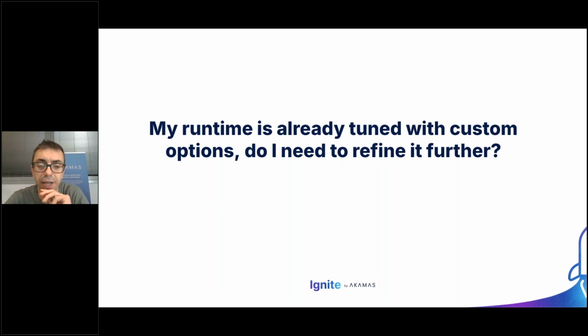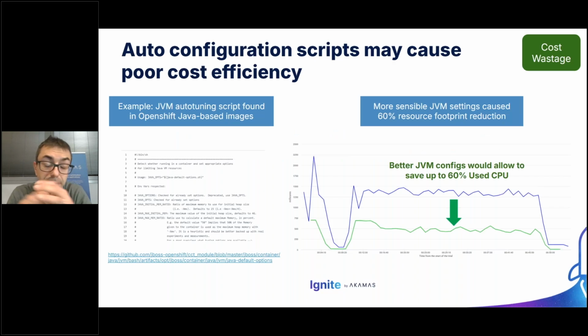Another part which is interesting is that some container images have, for the JVM, auto tuning scripts. That's an example that we have come across working with JBoss on OpenShift. Those kinds of scripts try to get rid of the problem of tuning the JVM, and they try to configure the JVM automatically. But what we have seen is that the settings those kinds of magic defaults apply may be far